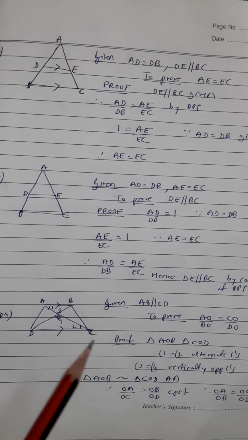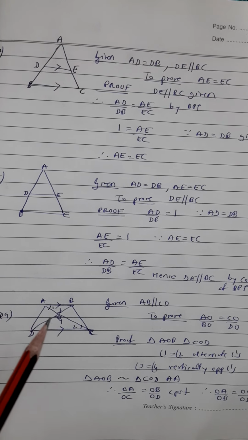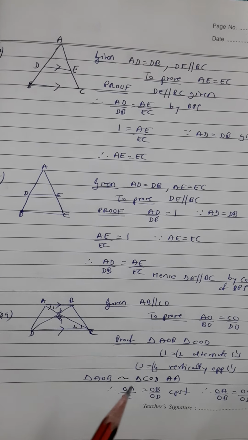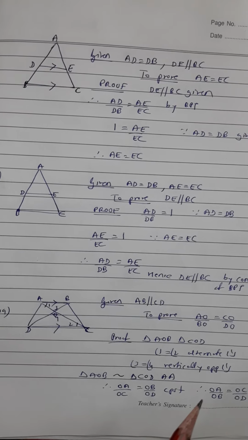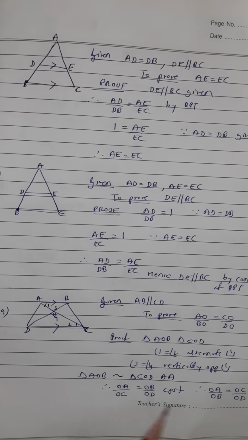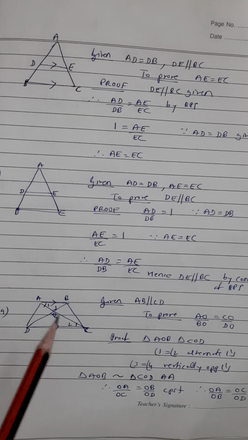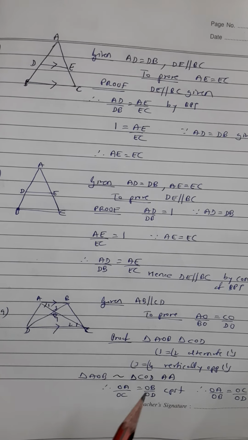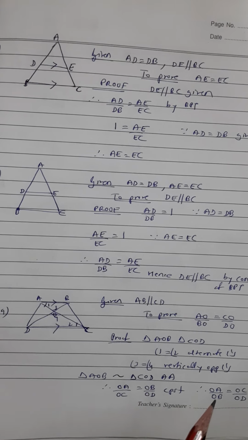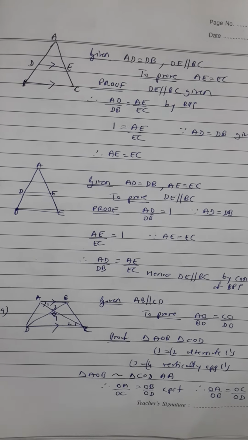If the triangles are similar, their sides are in proportion. So we can say that OA by OC is equal to OB by OD. And just rearrange this so we get the required result, OA by OB equal to OC by OD. Okay. So first prove the triangles similar by AA. If triangles are similar, their corresponding sides are in proportion. And then do the alternendo property. That means OB is coming down and OC goes that side. So we get the required result, OA by OB equal to OC by OD. Right?